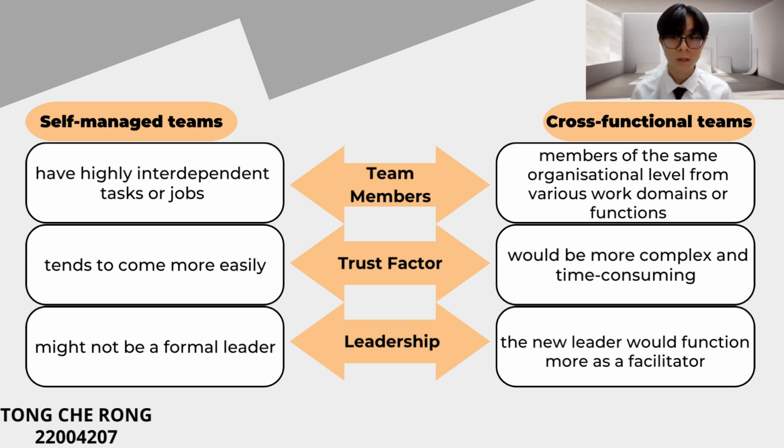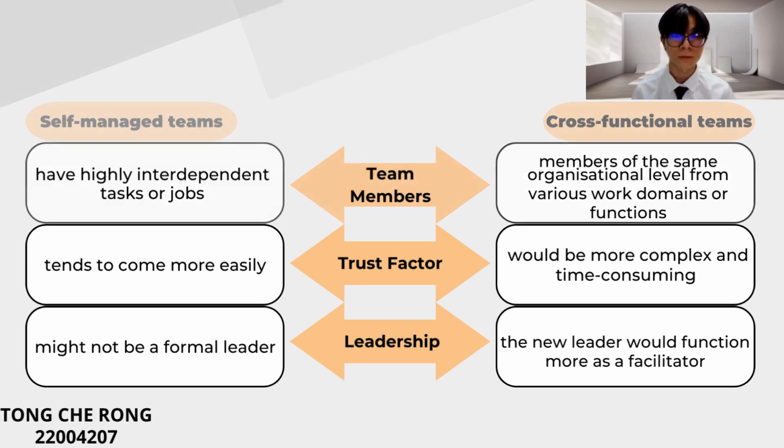The last one is the aspect of leadership. In a self-managed team, while there might not be a formal leader, the team's performance will tend towards the best result given the available resources, if the members are balanced in terms of their abilities and competence. In the cross-functional teams, all of the team members decide on their roles during the process of team formation based on how the work would work best. So the person becoming the leader would act more as a facilitator and coach.